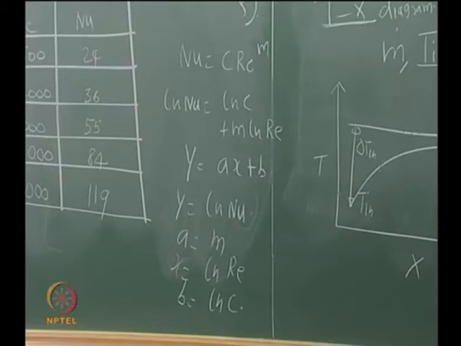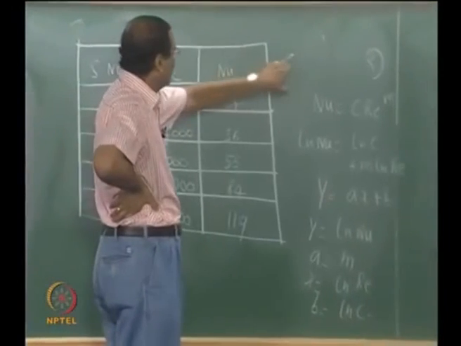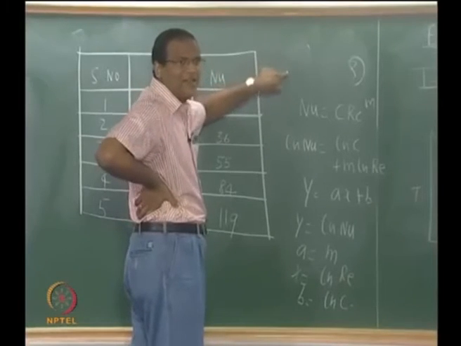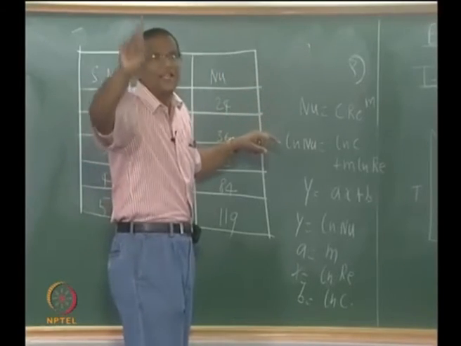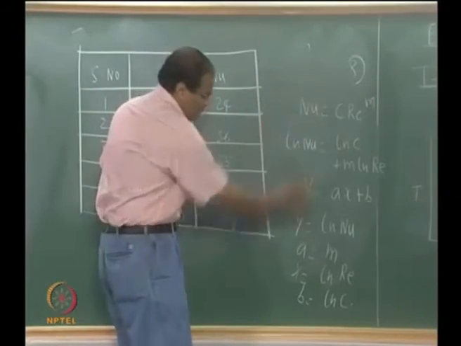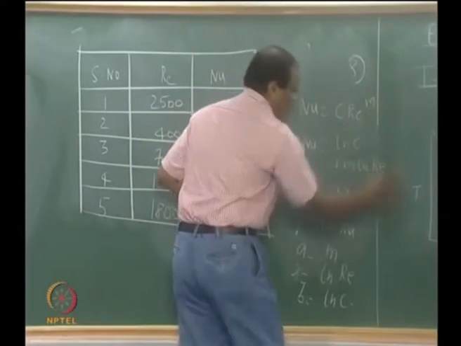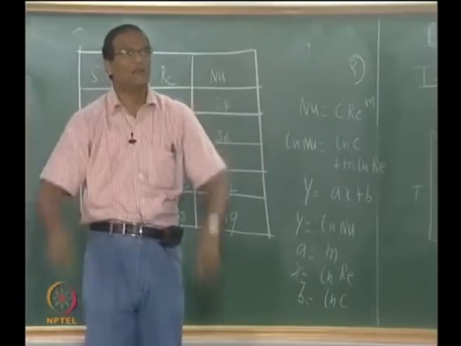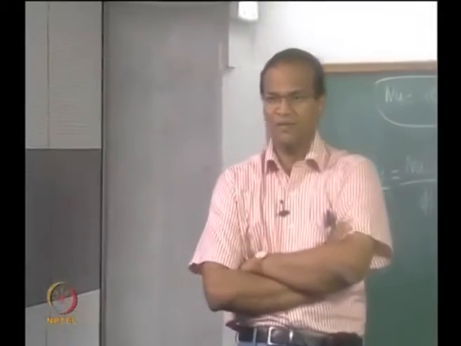Why I told you that it is important to write the formula is you have to expand this tabular column and just start putting ln Re, ln Nu. ln Re you call it as x and ln Nu you call it as y, then you know what all you require, xi, yi, x square, then you open up one more row here and put sigma for all this. So you will have sigma xi, sigma yi, sigma xi yi, sigma xi square. Then once you have all these values, it is plug and play, put all these values into the formulas for A and B and get A and B.